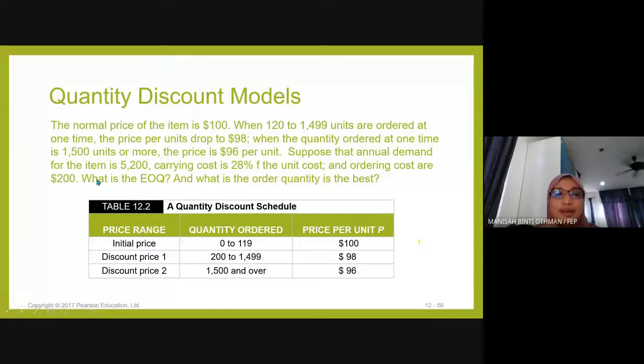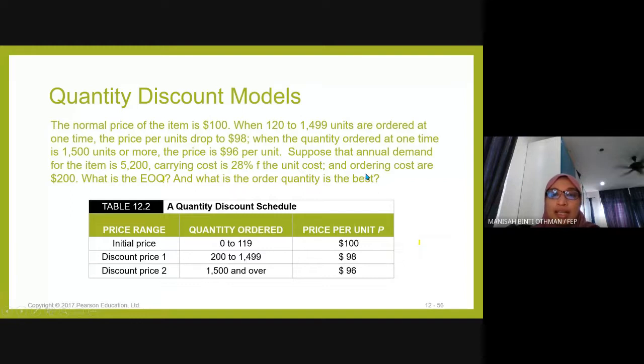The annual demand for the item is 5,200. The carrying cost, or holding cost, is 28% of the unit cost, so the carrying cost is now a percentage of the unit cost. And the ordering cost is $200 per order. So now you have to identify what the EOQ is and also